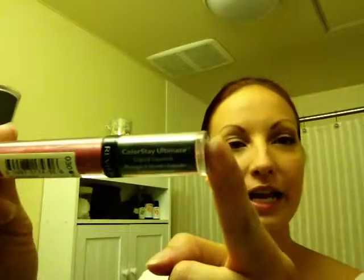And then all you have to do is lipstick. If I'm doing a natural look, I normally go for kind of a plum color. It goes well with my coloring. Sometimes I'll do a bold red lip. And I tend to like pencils for that. This is my new favorite for lipstick. It's the Revlon Colorstay Ultimate. I have got it in